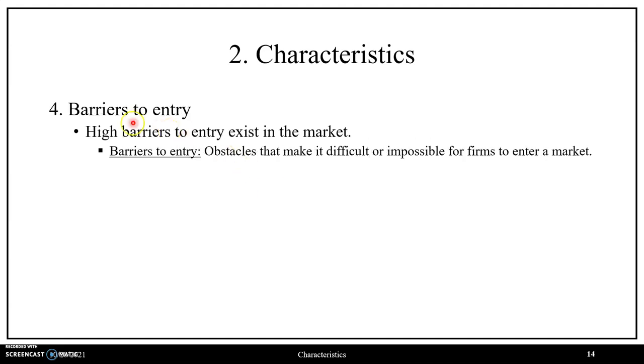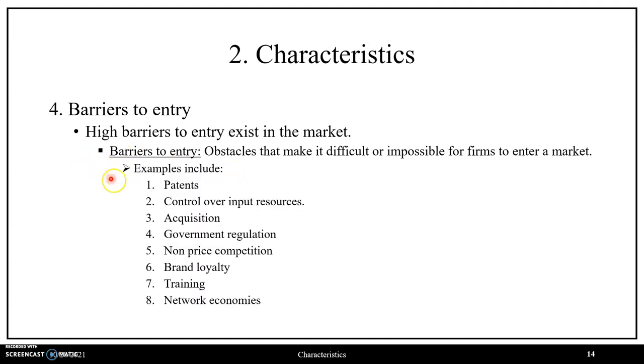Now, in terms of barriers to entry, this is going to be our fourth assumption, and we're going to assume that high barriers to entry exist in the market, making it difficult for new firms to enter, which is a relaxation of our assumption of no barriers to entry from perfect competition, in which if profits were observed, new firms could then enter the space easily, taking up some of those profits. Barriers to entry we define once again as obstacles that make it difficult or impossible for firms to enter into a market,